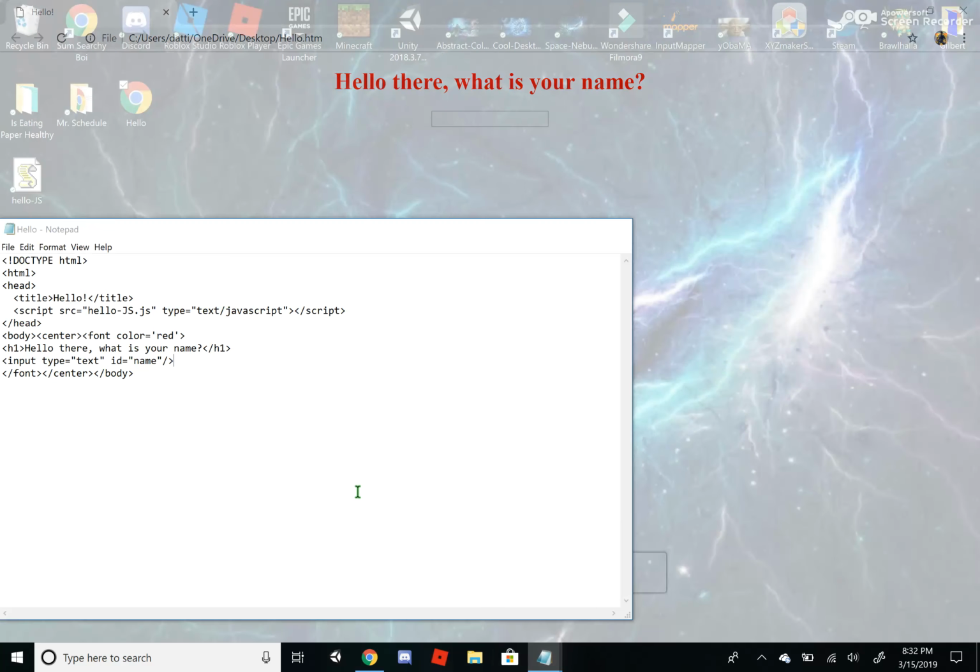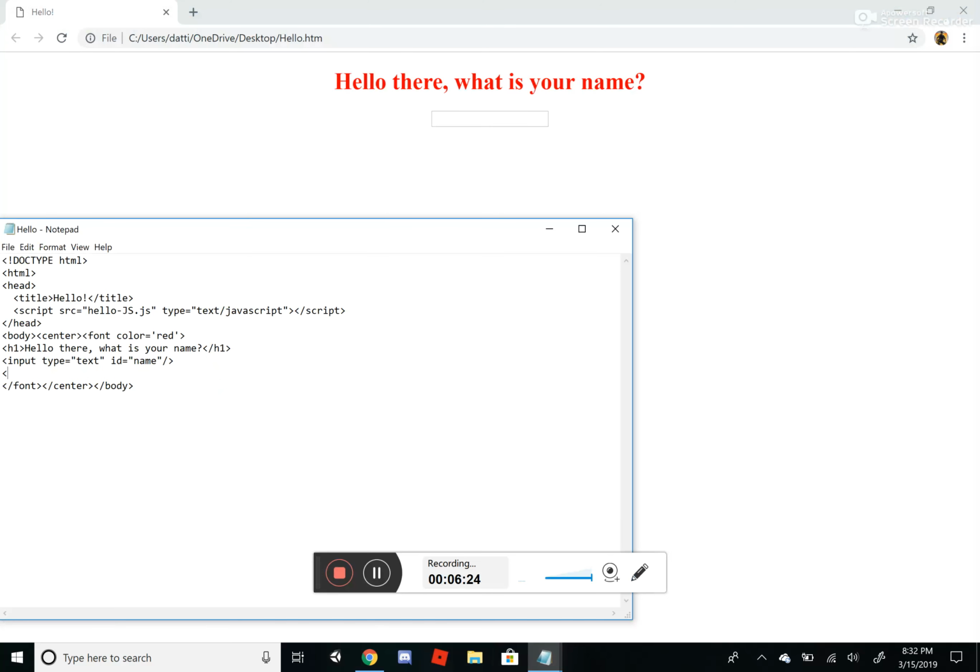And now after that, we're going to want to do another input. But instead of text box, we're going to have button. There we're going to have value. Can't spell. Enter. And then we're going to do onclick equals GREET. Now to make it a function call, which means it will do what's in the JavaScript file, we have to do